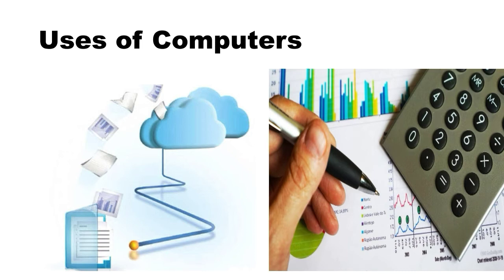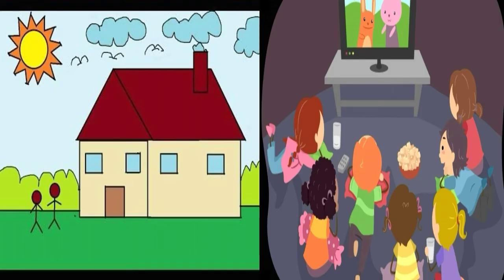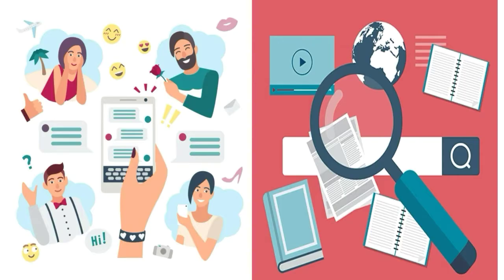Computers are used for various purposes, some of which are listed below. Storing information, performing calculation, typing letters, playing music and games, painting, watching movies, cartoons or videos, chatting with friends and family, and searching for information. Computers are used in several places such as railway stations, libraries, banks, supermarkets, airports, and hospitals.